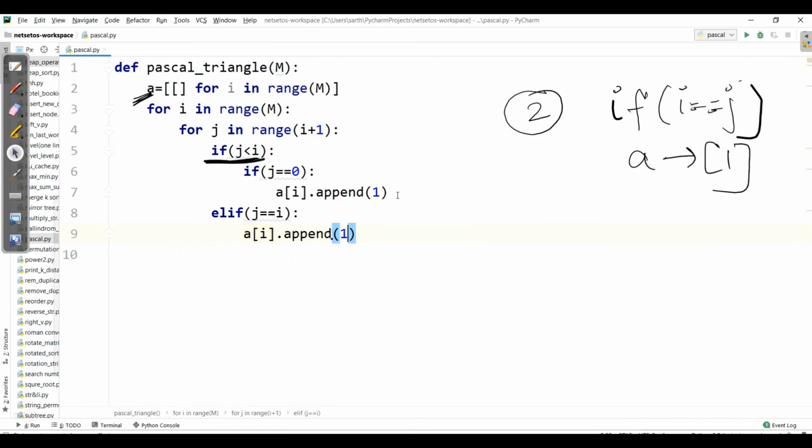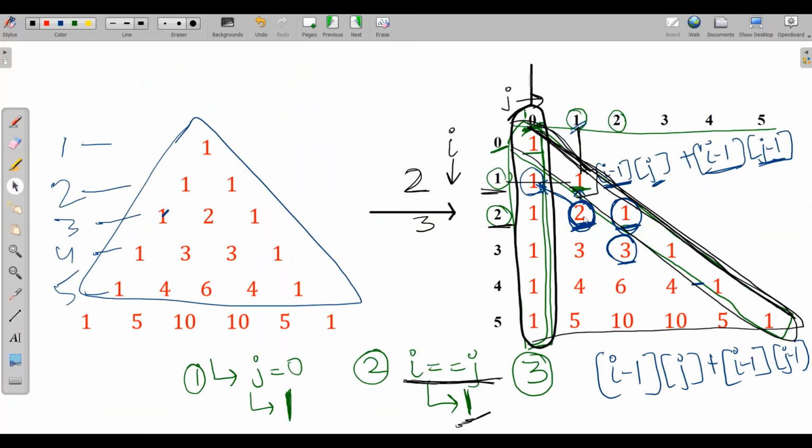Now the third condition of our algorithm. For this 3, we need to have a number before in our row, and a number before in row as well as column. So for 2, it will be i minus 1, j minus 1, so that we will get 2, and the number before this row will be i minus 1 and in the same column j.